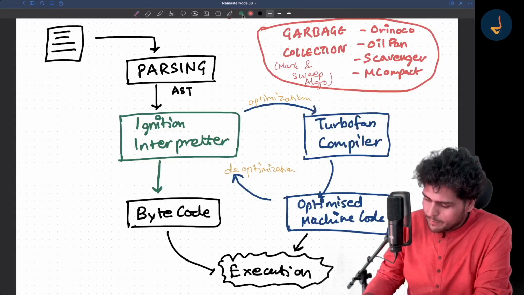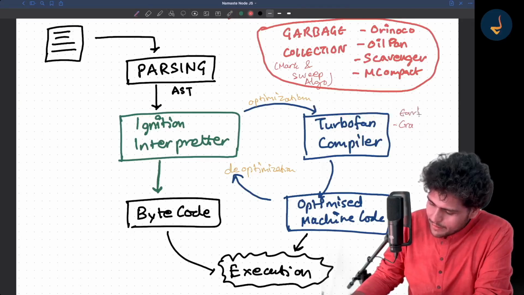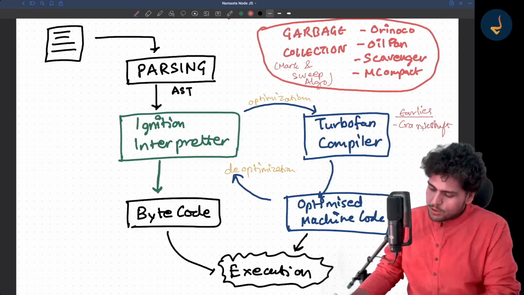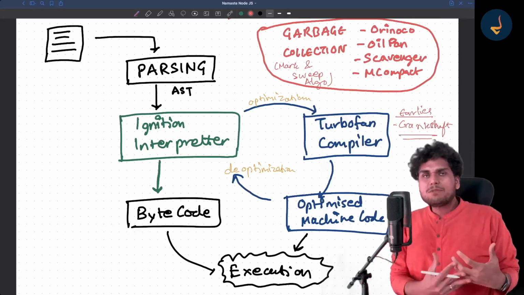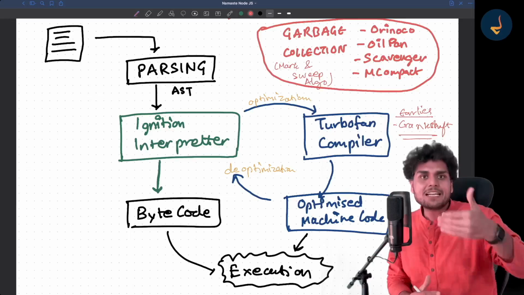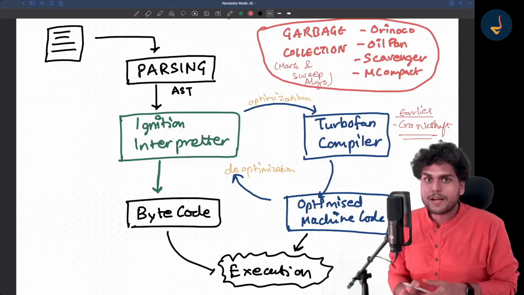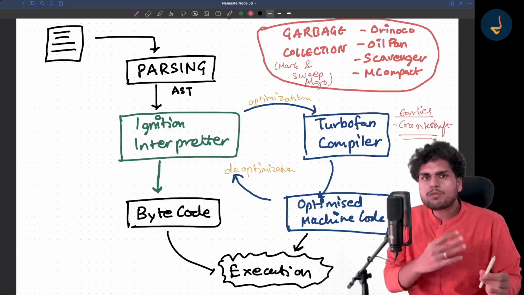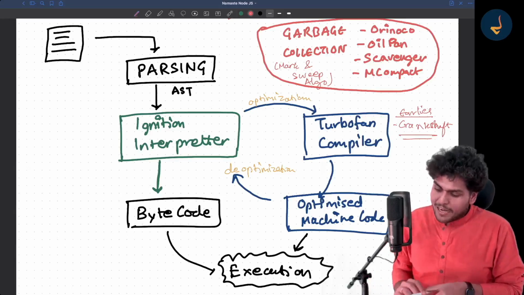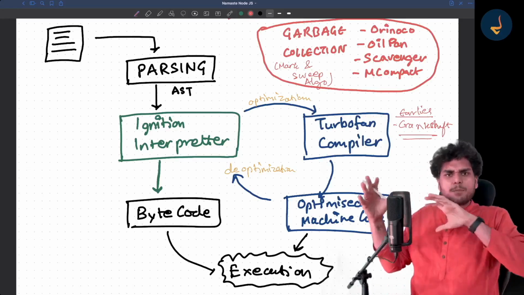Okay, let me write it down small. You can read about that also. Earlier there was a compiler which was known as Crankshaft. Okay, so why am I telling you all this? Because I have this knowledge because I have read it, right? Crankshaft was removed. Now in the latest versions of V8, Crankshaft is no longer used. The new compiler is Turbofan. It has a different way of compiling things, right? So earlier, you know what used to happen? Earlier, there were different processes happening.